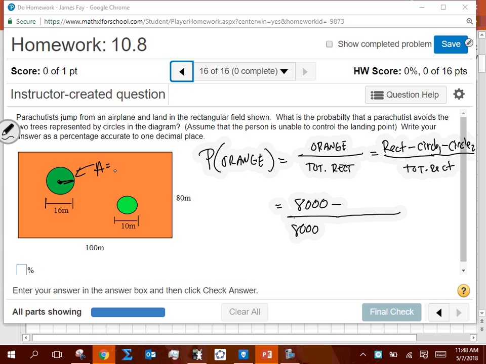What's the radius of that circle? Yeah, it's going to be 64 pi. It's going to be the area of that circle, right? So I need to remove 64 pi from here, from the 8,000. And this one's going to be 25 pi. Okay? So if I do that,